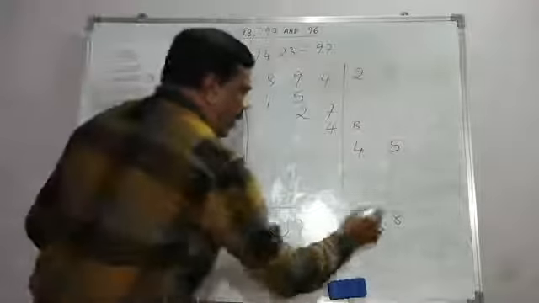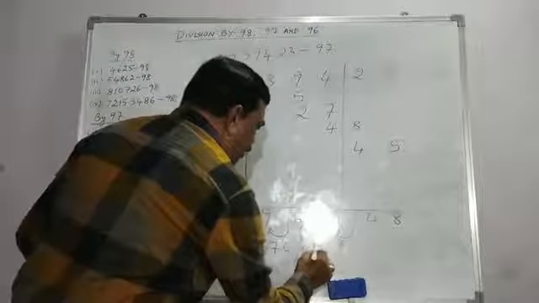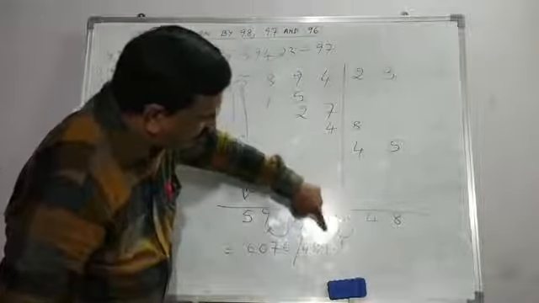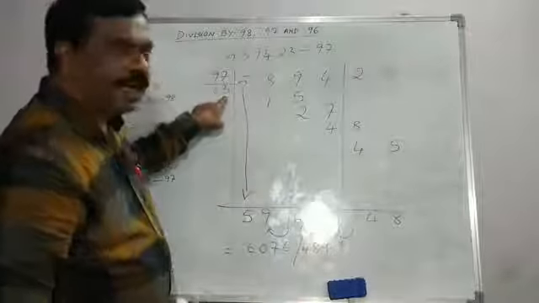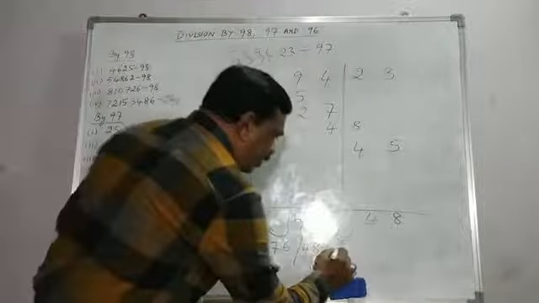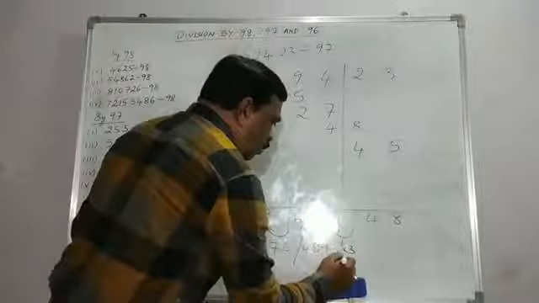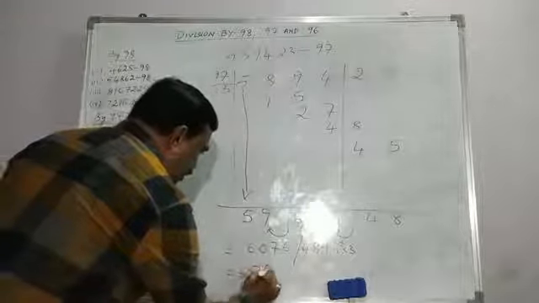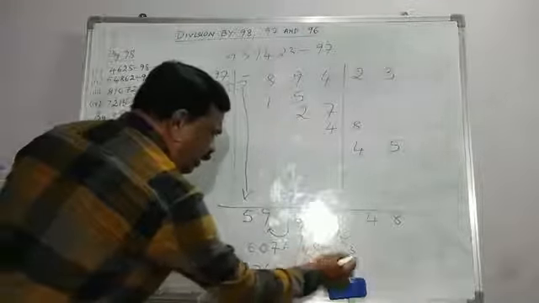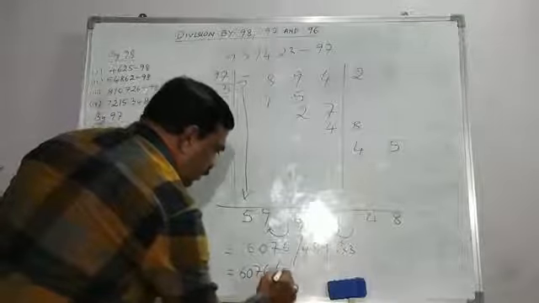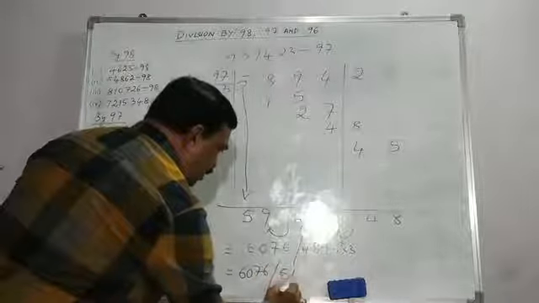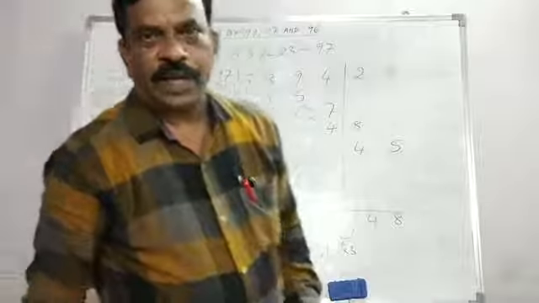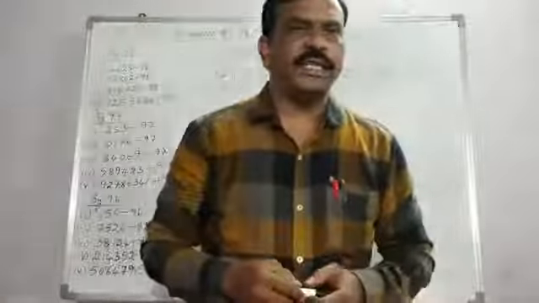And here 48 is remaining in the remaining part. But 48 is not our remainder. You know what to do. Because we are adding 1 this side, with this one we have to multiply this multiplier and add it to 48. So we will get 1 into 3. So what we will get? 6076. And here 48, 1 3 is a 3. So 48 plus 3 is 51. So 51 is our remainder. And this 6076 is our quotient. I hope you are following the steps. It is very easy.